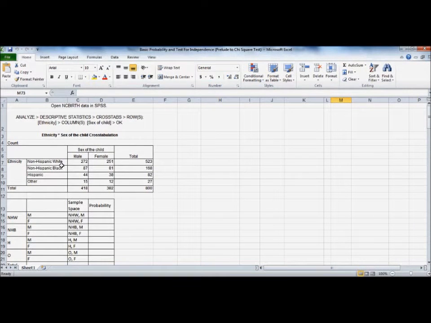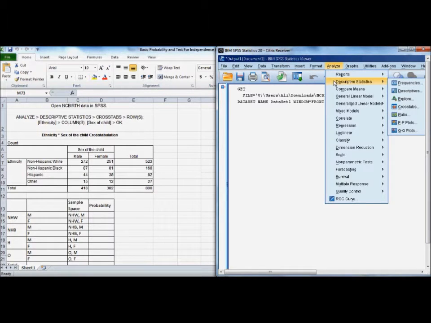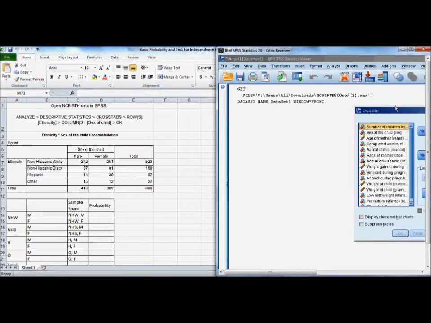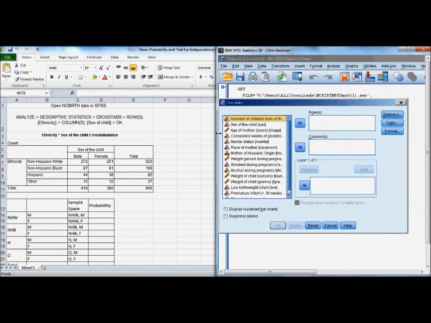So a good way to tabulate two categorical variables is via SPSS crosstabs. So let's take a look at how to do that in SPSS. We'll recreate this table here. In SPSS, to get a crosstabs, we're going to use our Analyze menu again. We're going to go to Descriptives, and you'll see an option here, Crosstabs, and we'll get a pop-up window here,